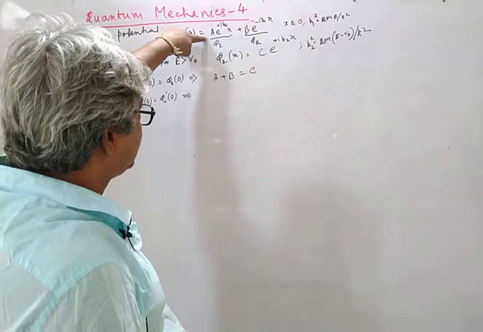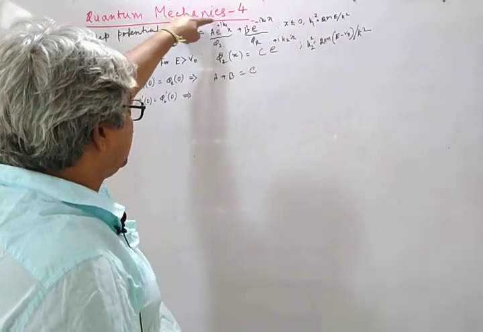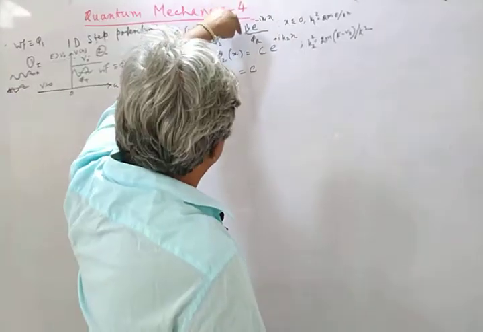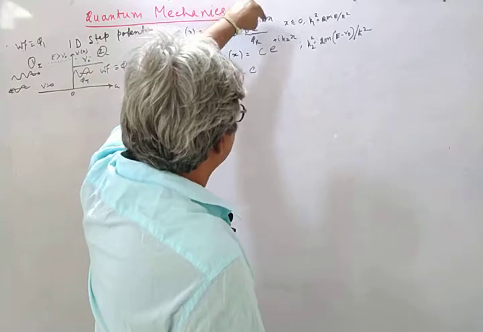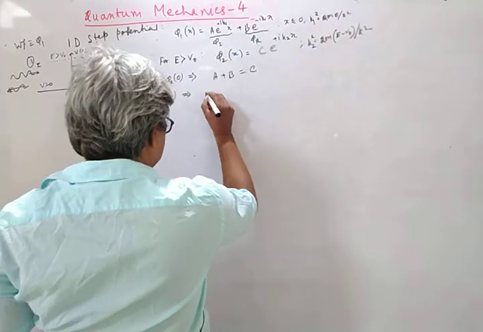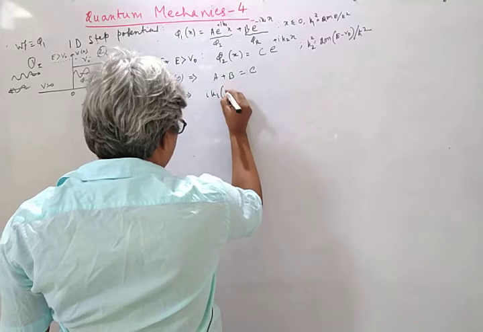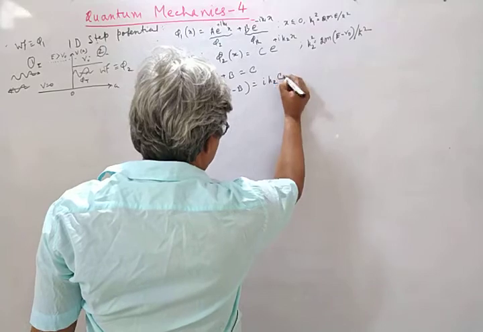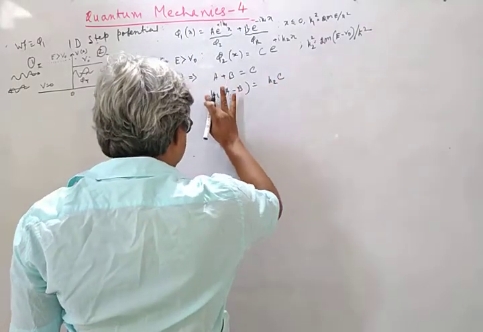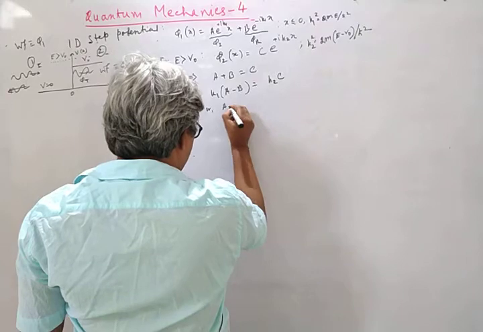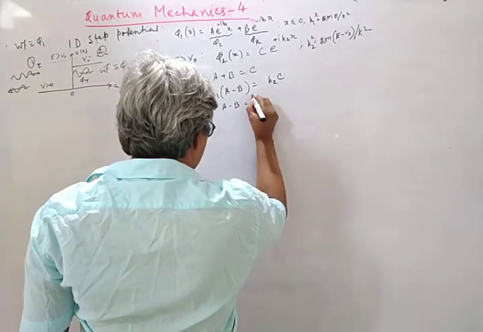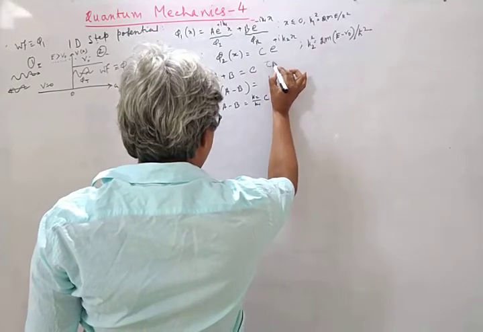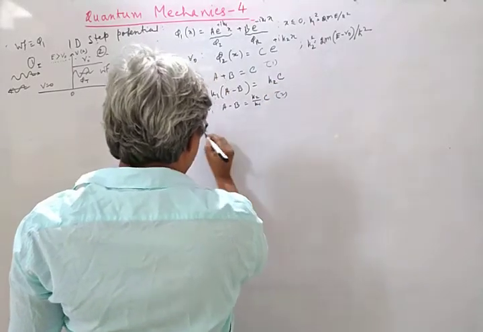If we differentiate it with respect to x, this term will be plus ik1 times this, and this will be minus ik1 times this. And when we put x equal to 0, the condition becomes ik1(a minus b) is equal to ik2 c, or a minus b is equal to k2 by k1 c. If we call this equation 1 and this is equation 2, if we add,